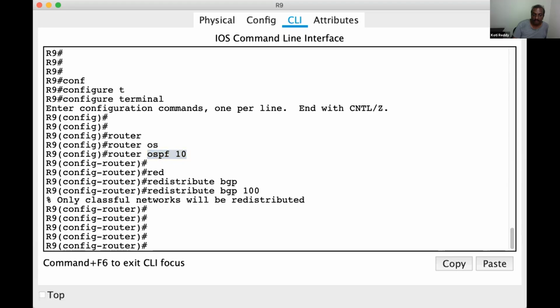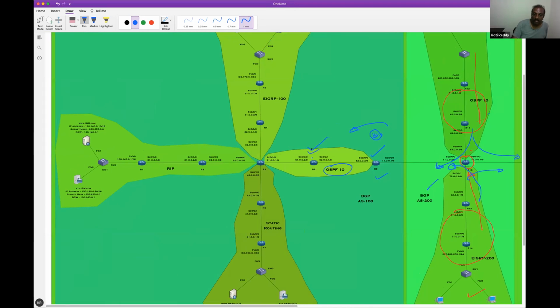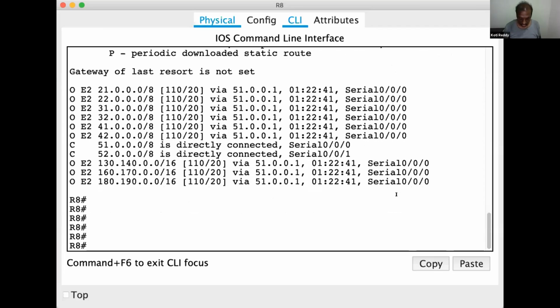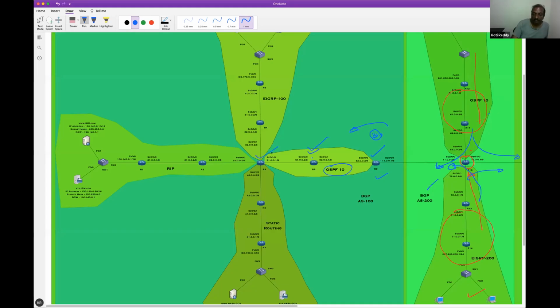Now if I go to R8, I should see these routes. Let's see in R8 first of all. I go to R8. There I say show ip route. I should see these routes, 60 series and also 70 series. Fine. Will they come to the other router, nearby router, next router? They'll also come till R3, right? Because OSPF will give to OSPF, I should see it on R3.